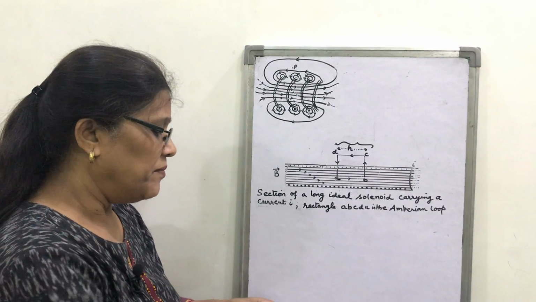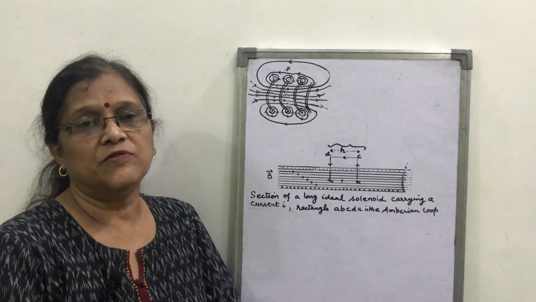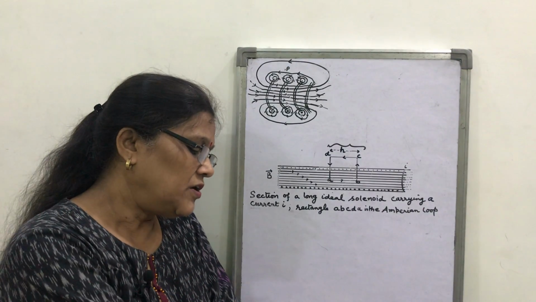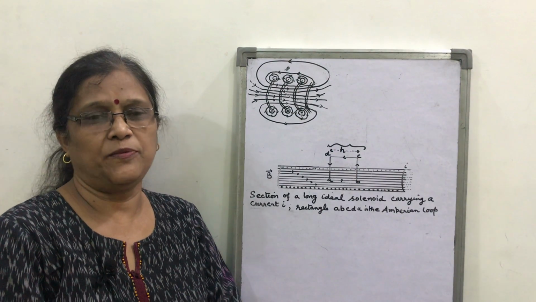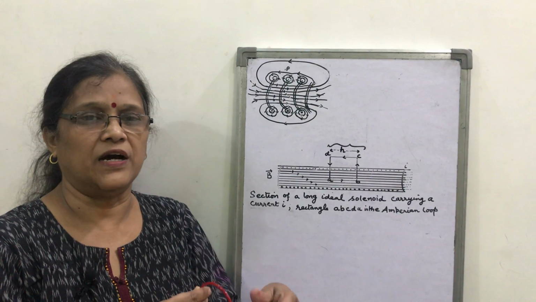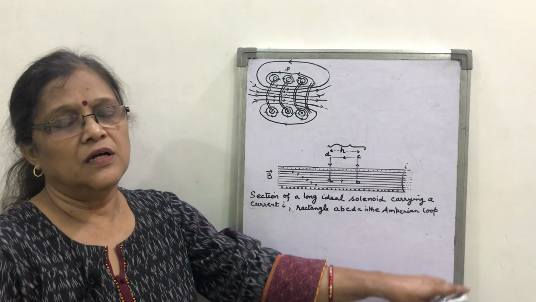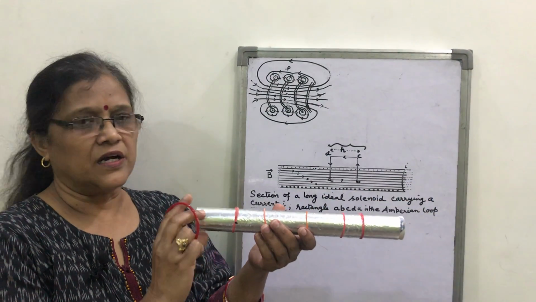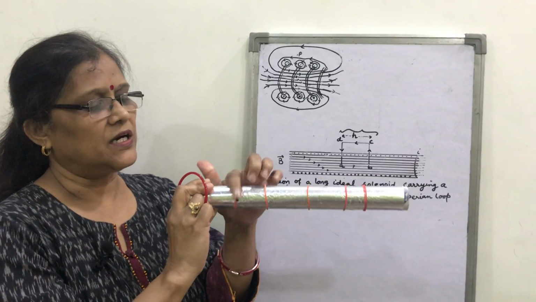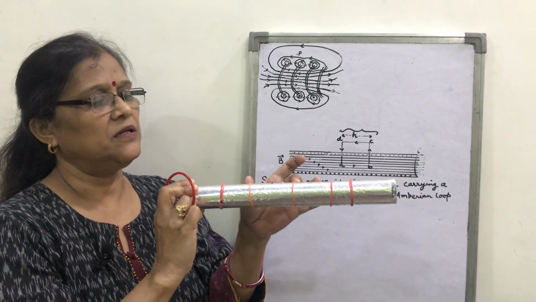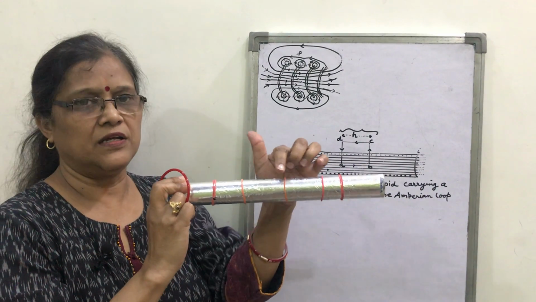In the magnetic field of a solenoid, first we see what a solenoid is. A solenoid is a helical shape, or a long helix of closely wound wires. What are these wires? Insulated copper wires wound on a cardboard or china clay tube. Suppose this is the tube and these are the windings of the wire. I have shown them separated, but they are closely wound in the form of a helix.